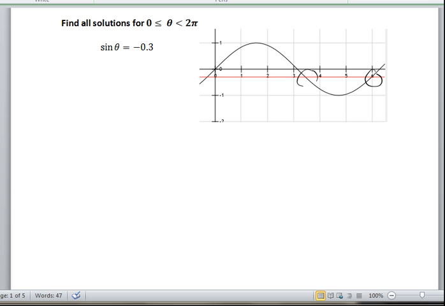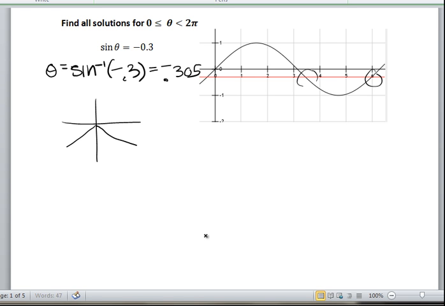If you do inverse sine, you do theta equals inverse sine of negative 0.3 radians, and your calculator tells you that that's negative 0.305 radians. But that's not between 0 and 2 pi. Remember that sine is negative in quadrant 3 and quadrant 4. This is negative 0.305, so what we need to do is find the positive coterminal angle. So we do negative 0.305